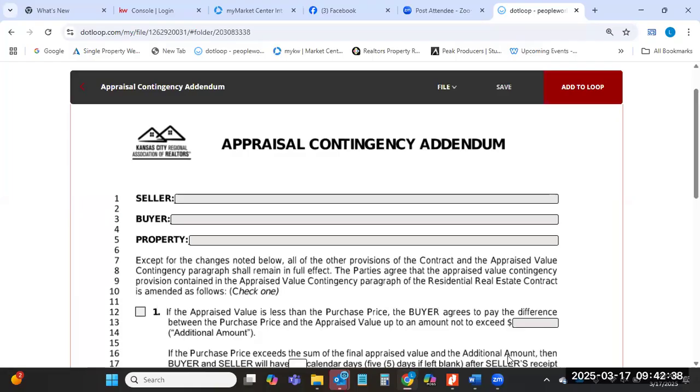So if the appraisal comes back lower than our sales price, oh, see, I'm saying things a little bit backwards here. Hold on. All right. So that wasn't wrong. So if the appraisal comes back lower than the sales price, which is typical in those